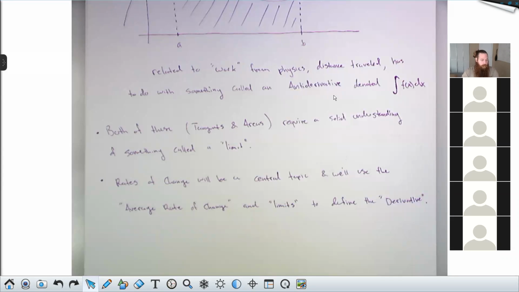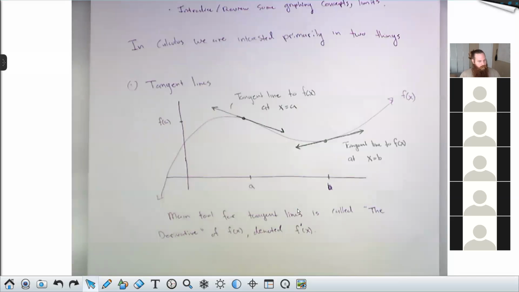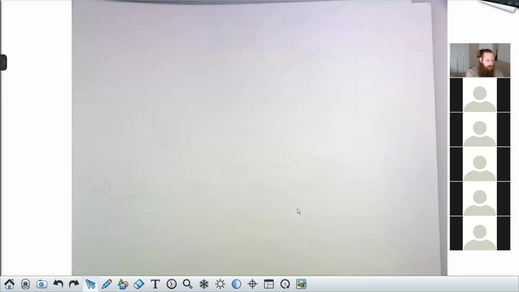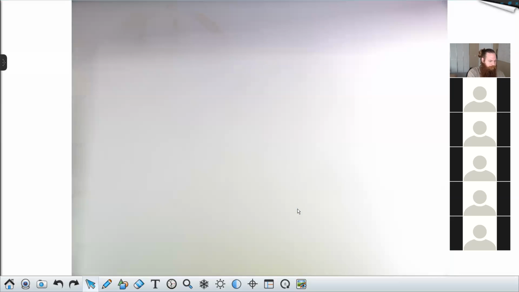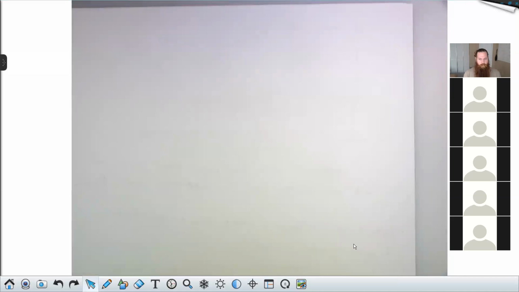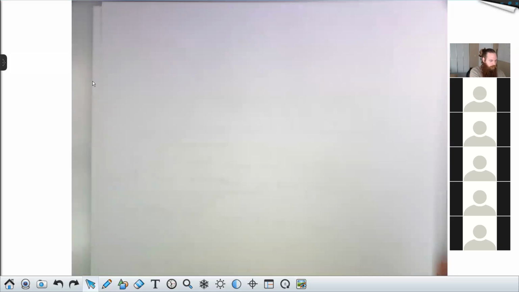So if we want to get started on this, I want to make sure first that we're all really comfortable with the algebra that we're going to use to play with average rates of change, and the concepts that we're going to need to play around with limits. And I'm going to be very gentle today. We're not going to do a lot of hardcore calculation. I'm just going to make sure we have the requisite background knowledge. Any questions so far? Okay.